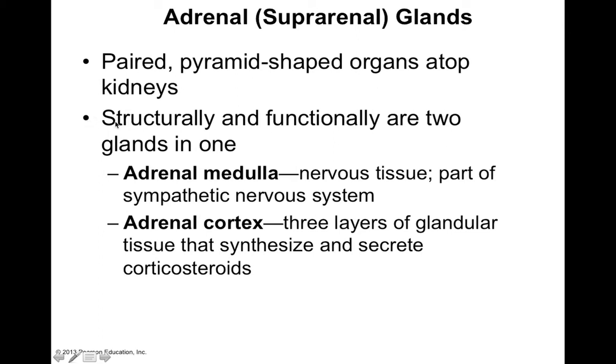Now, there are two main layers to the adrenal glands. We'll have the adrenal medulla as well as the adrenal cortex. Now, the cortex is the outermost layer of the adrenal gland because cortex means bark, like bark on a tree. And the adrenal medulla is the innermost layer of the adrenal gland because medulla means marrow, or kind of the most center. Now, the adrenal medulla is made of nervous tissue, and this is actually part of the sympathetic nervous system, whereas the adrenal cortex is made of 3 layers of glandular tissue that secrete